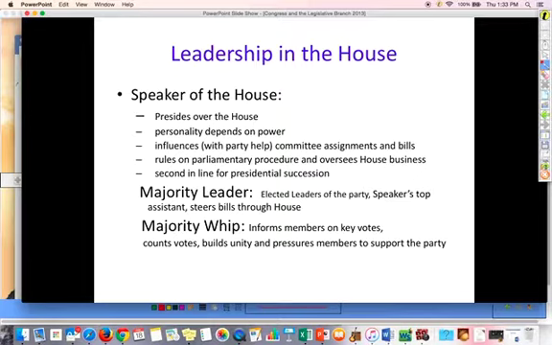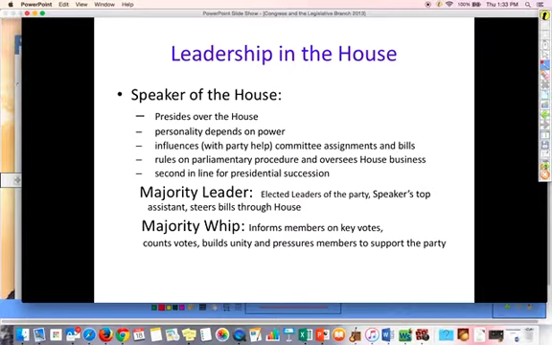They'll count the vote and say, yes, we need to make progress toward this, or no, we need a little more time. They help build party unity. They give briefings to the members of their own party on where bills are and how the party wants them to vote. So they are very, very instrumental and very persuasive.